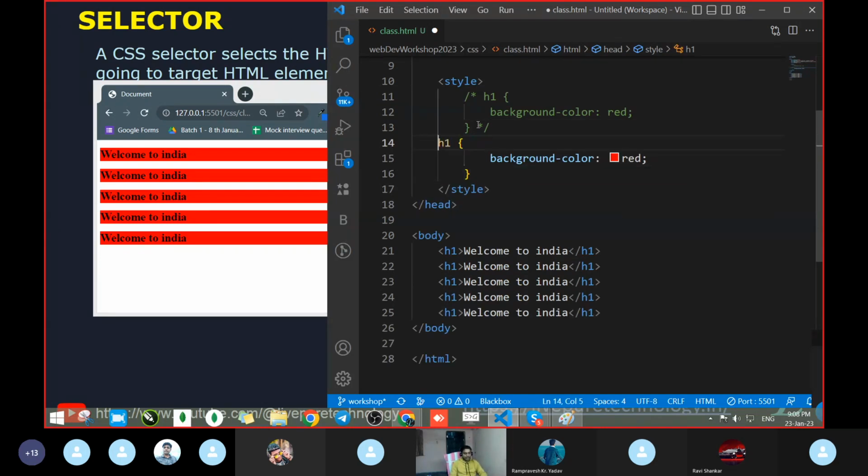We can go with a class name. Suppose the property we are going to change is the background color. So we can give the class bg color, something like that. This is just a name. But now one thing,